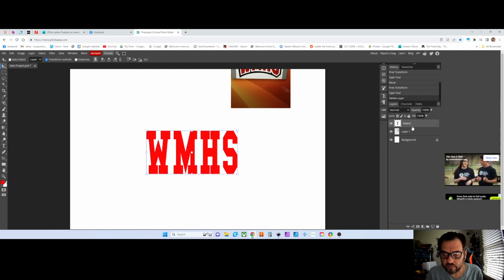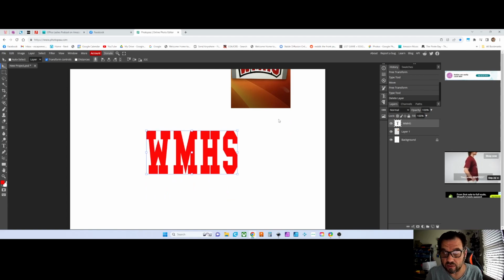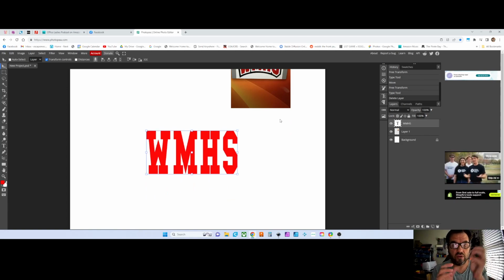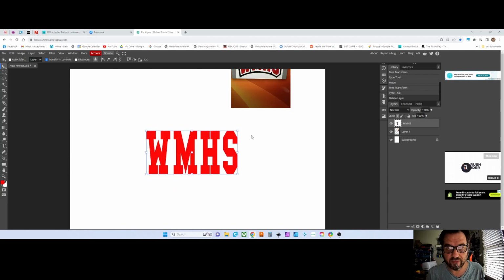So right now, it says that there's a T over here on the layers panel, that means it's still a text asset, and it's editable. I can go in there and change the words and that kind of stuff. But what I'm going to do is make it a shape, and so the computer's going to see it now as just rectangles all stacked together instead of text. So you're not going to be able to edit what it says, but you'll be able to edit the shape